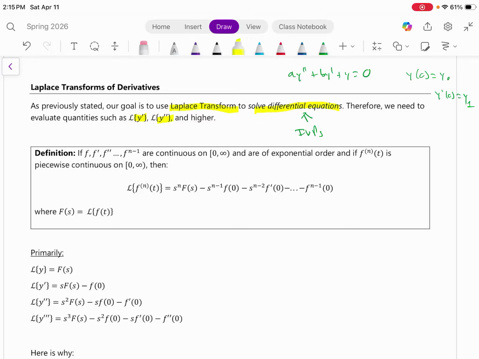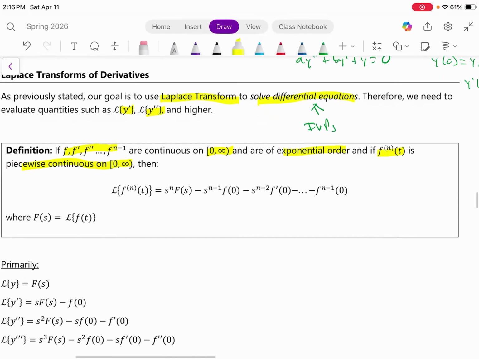So, let f prime, f double prime, all the way up to the f to the n minus 1 derivative be continuous on the interval 0 to infinity, be of exponential order, and the nth derivative of f of t be piecewise continuous on the same interval 0 to infinity. Then the Laplace transform of the, here I'll say like nth order derivative